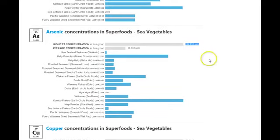So arsenic is routinely found in significant concentrations in seaweeds and sea vegetables. So the results we're seeing here are not at all unusual. You'll also notice that it's only a couple of products that actually showed the higher arsenic in this chart, the kombu flakes and the kelp granules here from Maine Coast. And yet,